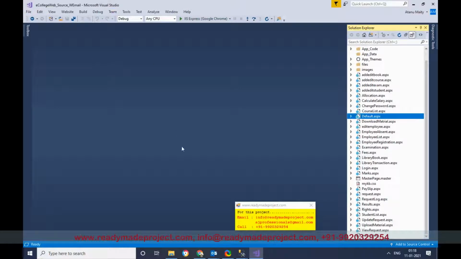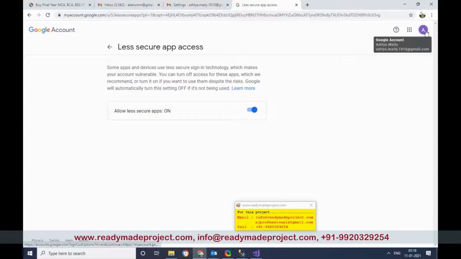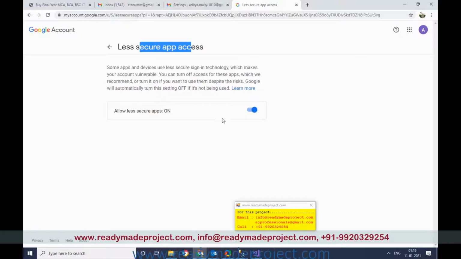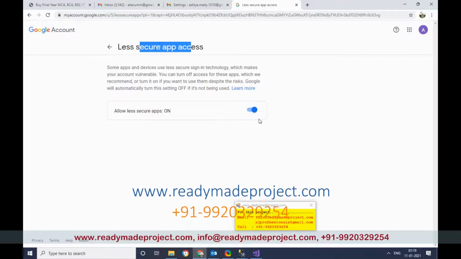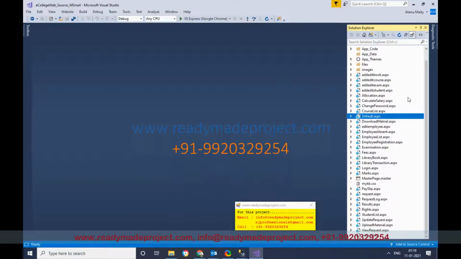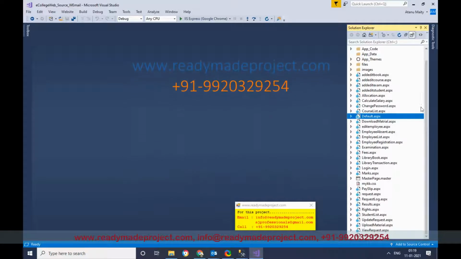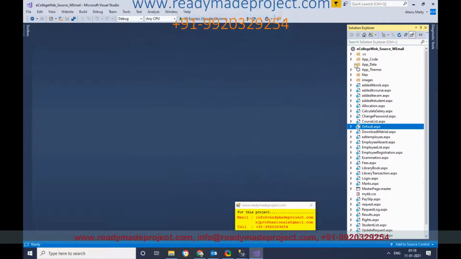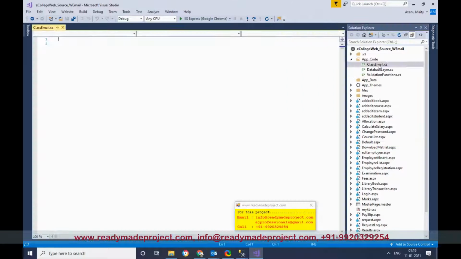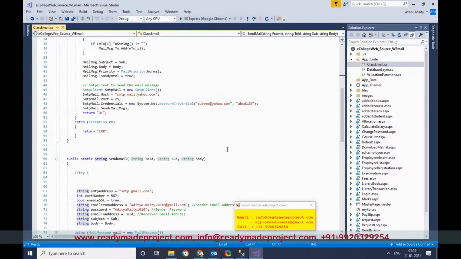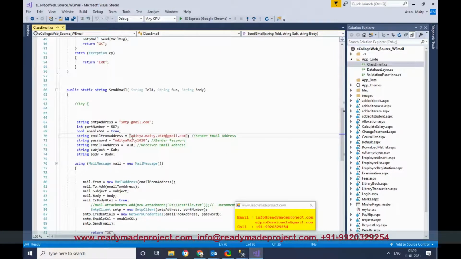And you have to create one Gmail ID, and then apply less secure app access to generate the mail. Your mail details are in a class file, App_Code, clsEmail.cs. Here, whatever new email ID you have created, you have to change it here, and you have to give the password, the Gmail password.